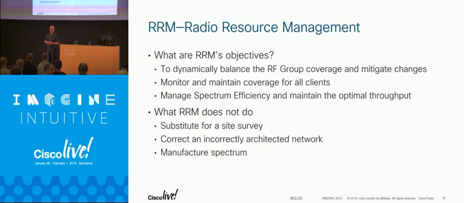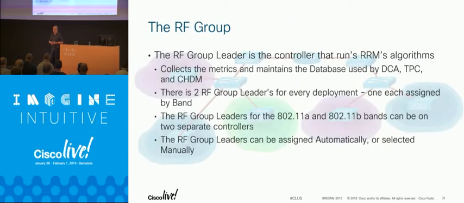So, at any rate, what are RRM's objectives? RRM's objectives are to measure over the air, measure our own interference, measure rogue interference, determine channels, power, and the things you need to run a network cleanly. What it doesn't do, it won't fix, it may mask a poor installation. It won't fix things that you didn't discover in a site survey. If you didn't do a site survey, it's not going to fix your neighbor's Wi-Fi intruding with you. It will to a point, but we've only got so much spectrum. And it won't make new spectrum.